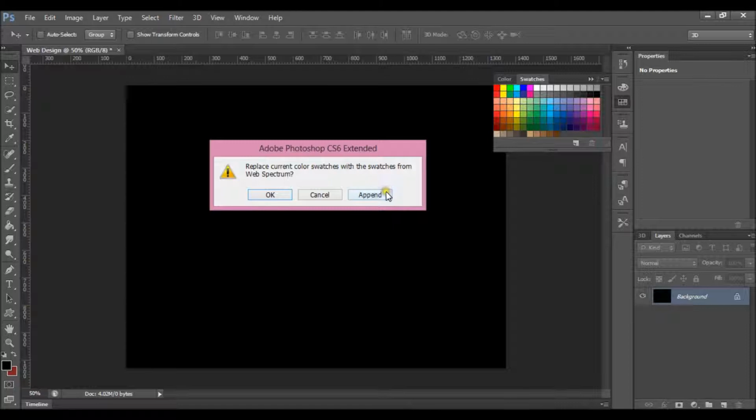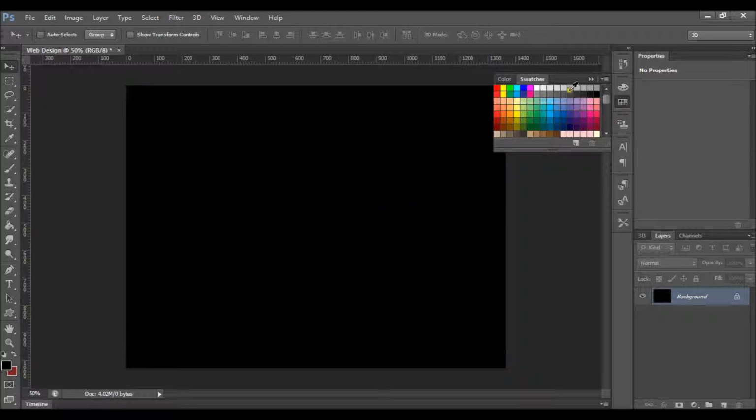But if you go ahead and hit Append, what you're actually doing is adding the web spectrum swatches to the already existing, regular color swatches. And it goes like this. I'm going to go ahead and hit Append and check over here. Again, I'm going to hover over this specific color, which is like a yellow green, to get that information. But if I scroll down to the web spectrum swatches and hover over any color, instead of getting the